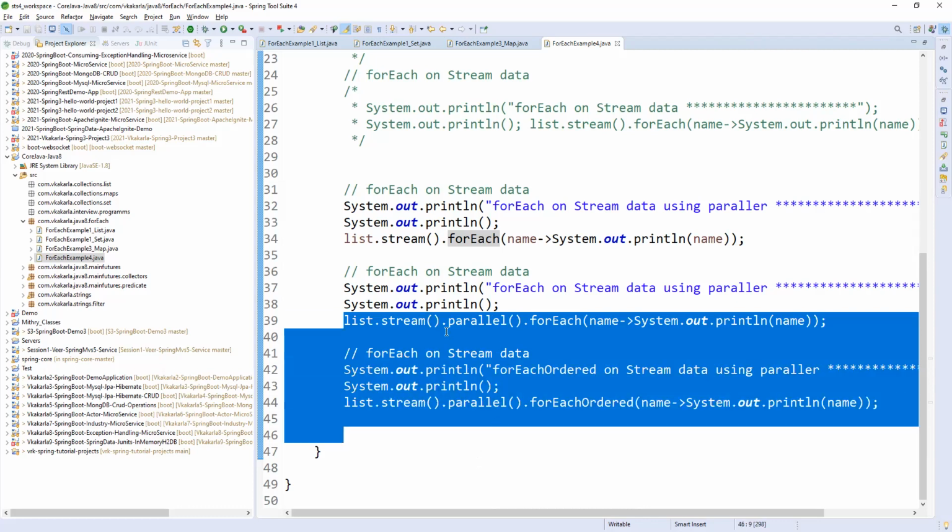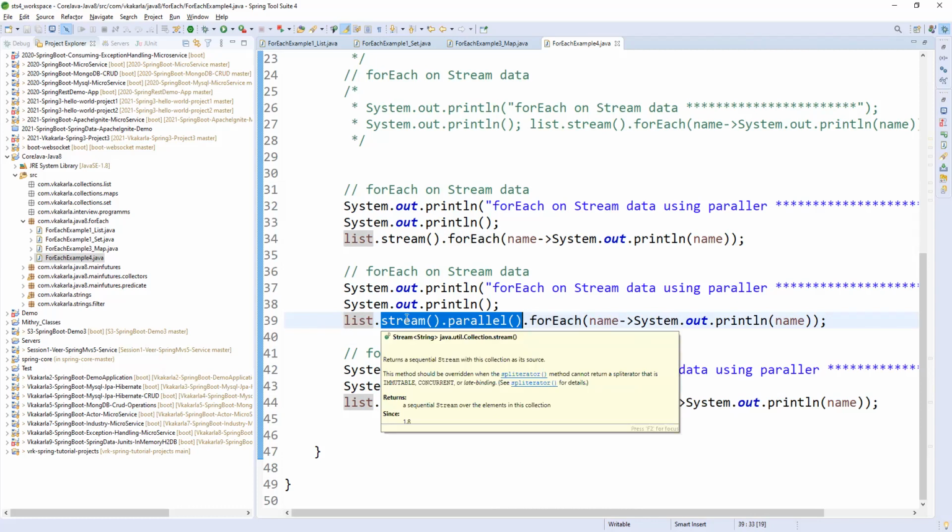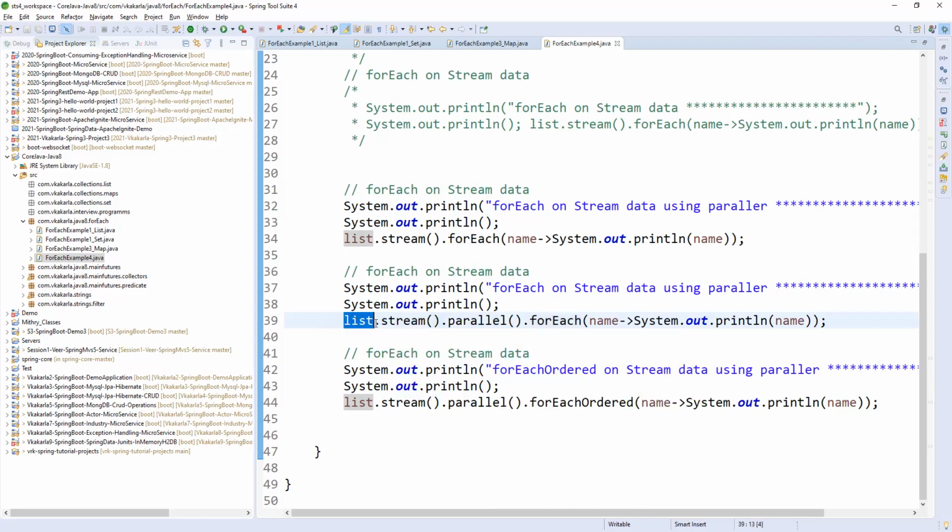Then we are using it especially on a parallel stream, right? So this is the list. We can do all these operations by using list data only. The stream data source is our collections only. Without collections, there is no stream data. So we can directly convert to stream data by using a collection, and a collection here means a list of elements. So collection dot stream is nothing but creating stream data from the collection.